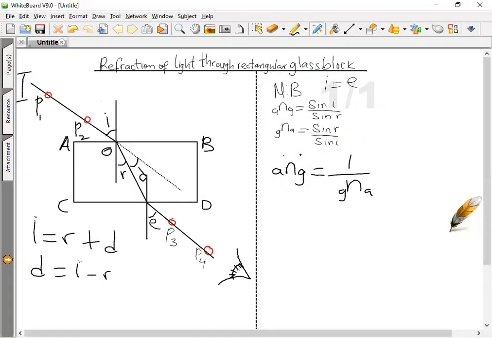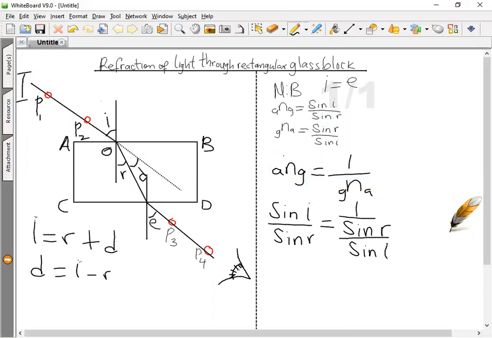Instead of writing refractive index of glass with respect to air, I will write this. And instead of writing refractive index of air with respect to glass, I will write this. So let's go. That will be sine i over sine r equal to what? Equal to 1 over sine r, all over